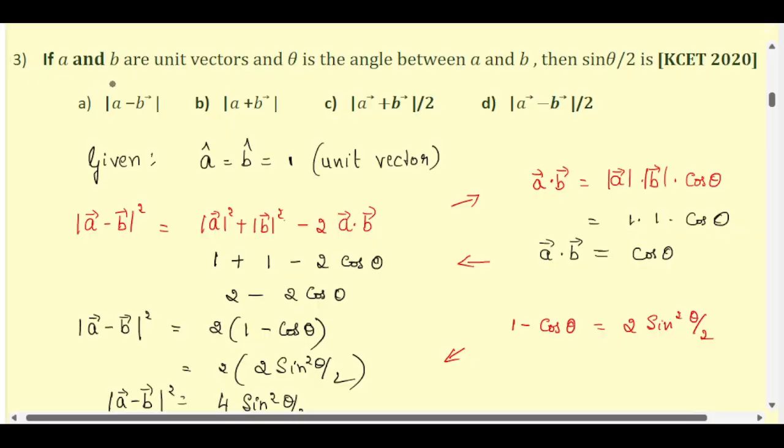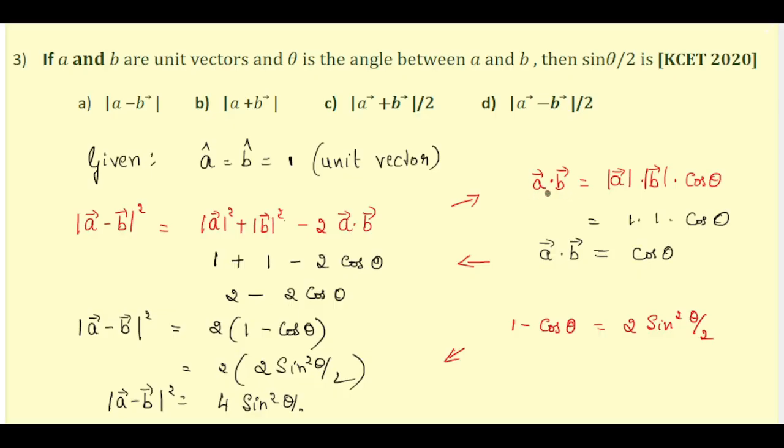Question number 3. If A and B are unit vectors and theta is the angle between A and B, then sine theta by 2 is. So given A and B are unit vectors. So magnitude of A equal to magnitude of B is 1 because it is a unit vector. Now we have the formula A minus B whole square equal to A square plus B square minus 2AB. So using this formula, we can solve this. We know A and B are unit vectors. So this will be 1, this will be 1 minus 2 into scalar product of two vectors when theta is